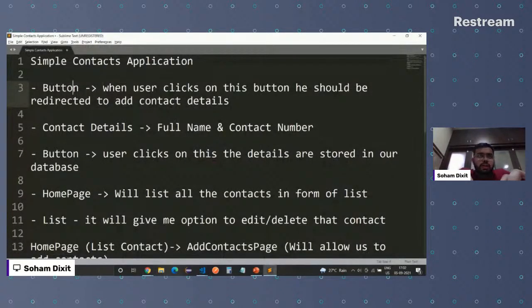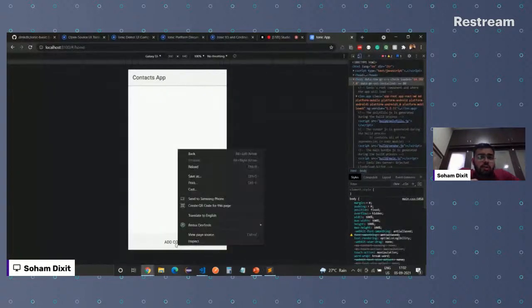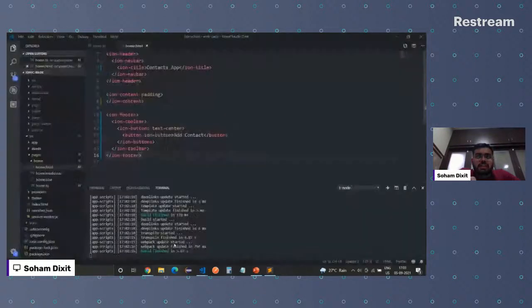Okay, now the next thing we discussed. We created a button, so we are done with this step. Now what we are going to think of is, when the user clicks on this button, he should be redirected. So there is a click action involved in this button. Let's just tag that click action. If you are aware of Angular, this will be very easy for you. If you are not, let's keep Angular aside right now. Just follow what I'm telling you. Development is more about you speaking with yourself, like, this is what I'm going to do, and just typing it out. So when I said this button will have some click action associated with it,